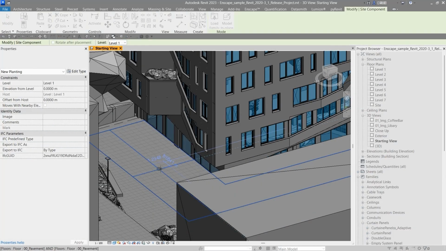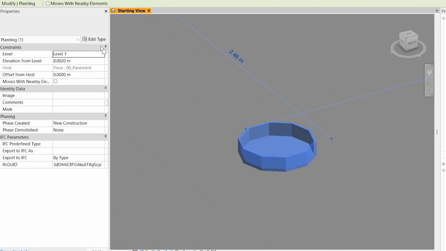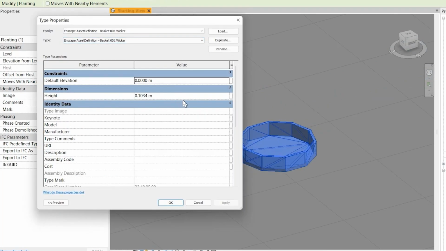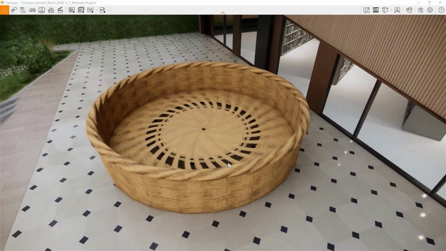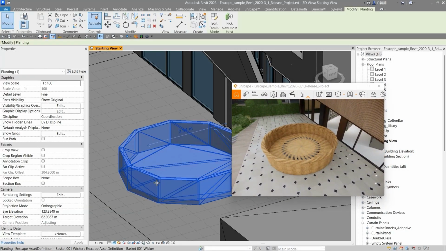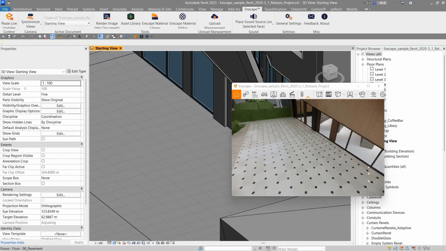We work with the Enscape assets in Enscape Viewport, but we have the same thing in our modeling software environment too. It depends on you, but personally I use the Enscape environment for some decorative and smaller assets, and I use modeling environment placement assets for bigger or main assets that we want to place on our projects.